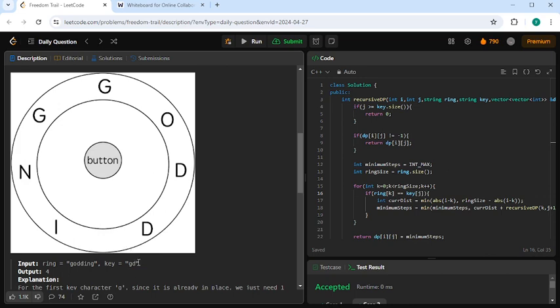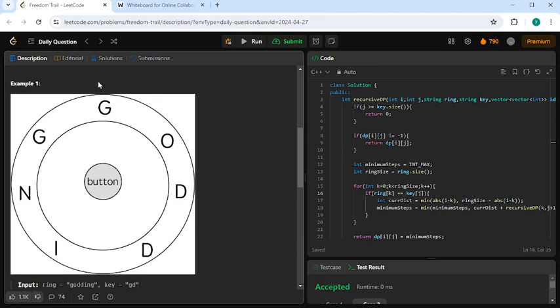The next character is D. Here we have two choices: to move in the anti-clockwise direction or in the clockwise direction. When we move D in the anti-clockwise direction, the number of operations required to put that D at the 12 noon position is 2, from D to O and from O to G. And for spelling it, one more operation.